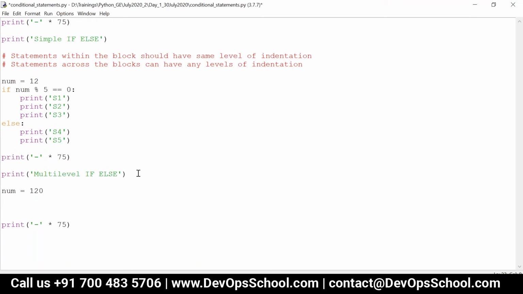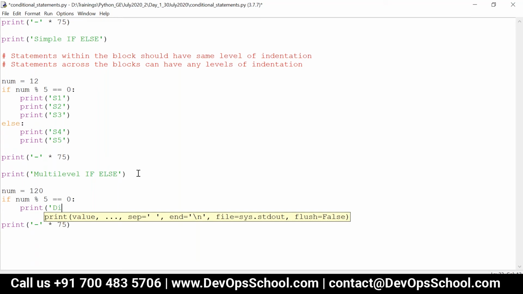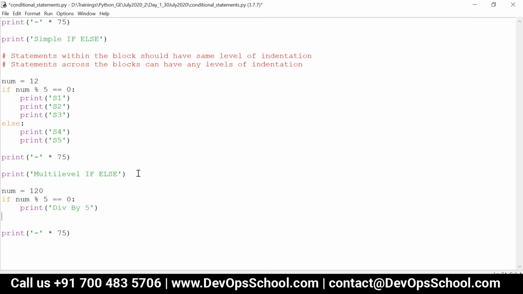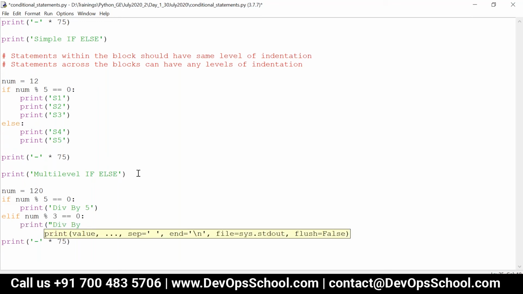All right, now I'm writing if num percentage 5 is equal to 0, I can write print divisible by 5, and then I am writing else if. Else if should be written using elif. Elif num percentage 3 is equal to 0, then I can write print divisible by 3.